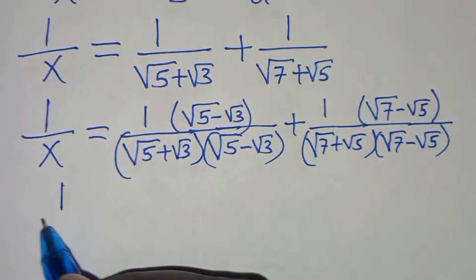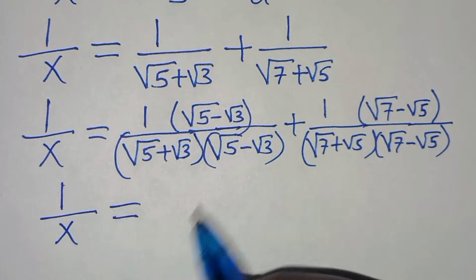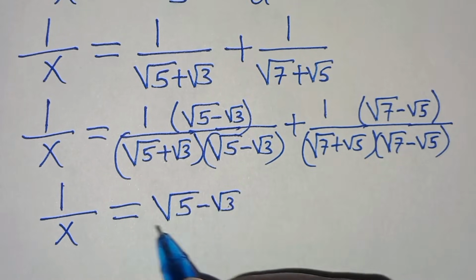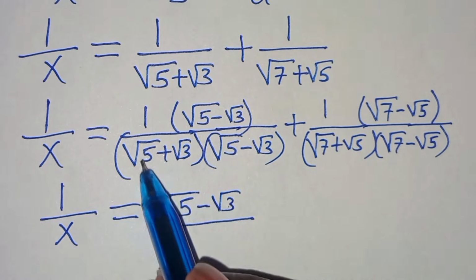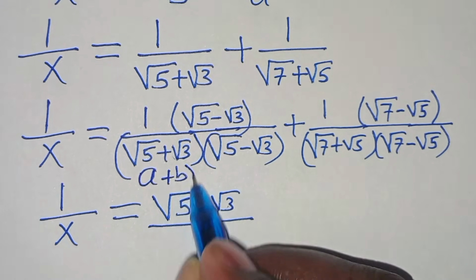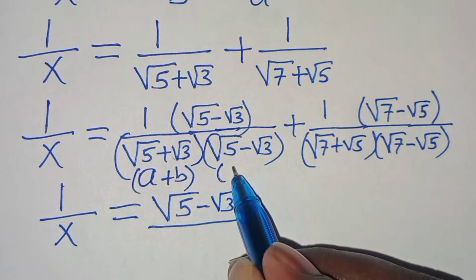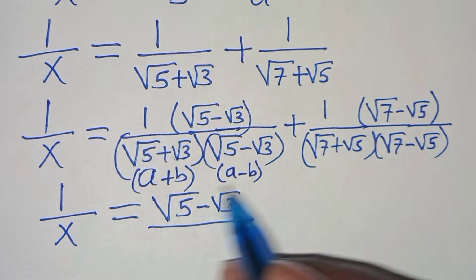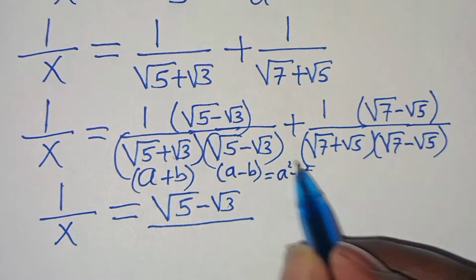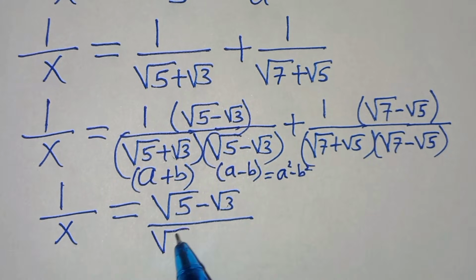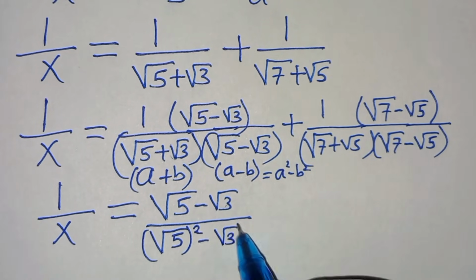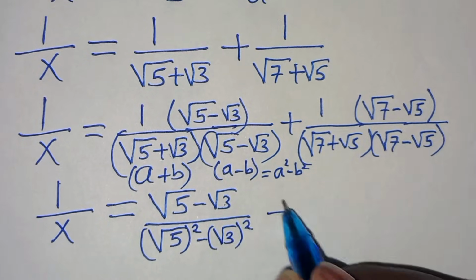Therefore, we have 1 over x. This is equal to, in the numerator, square root of 5 minus square root of 3, divided by, now if you check here, square root of 5 plus square root of 3, this is in the form of a plus b, multiplied by a minus b, which we can express in terms of a squared minus b squared. This is the difference of two perfect squares. So here we have square root of 5 raised to the power of 2 minus square root of 3 raised to the power of 2, then plus,